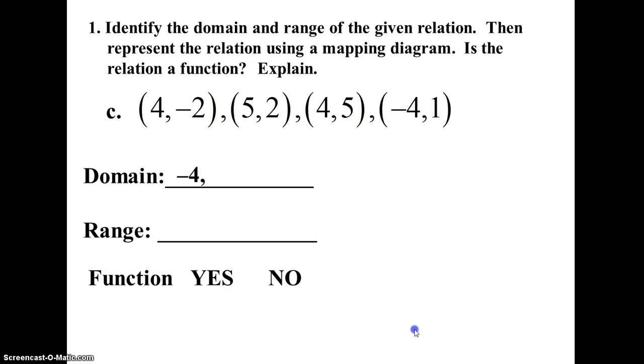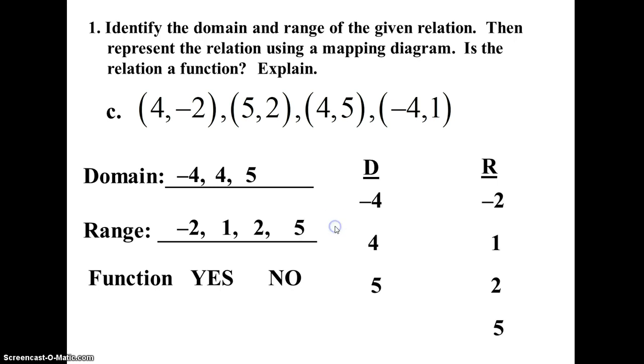For part C, we've got -4 and we've got 4 listed twice, so we're going to only list it once here. We've got 4 of them in there. We've got a 5, and here for the range we've got a -2 and a 1 and a 2 and a 5. So again, with your mapping diagrams,